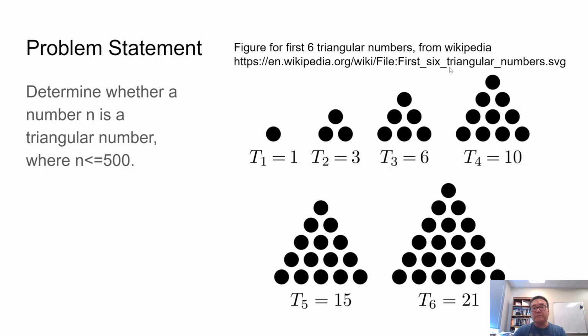If you are not familiar with a triangular number, you can Google that and find it out. This picture is taken from Wikipedia. It shows the first 6 triangular numbers, and it's fairly intuitive why these numbers are known as triangular numbers. I encourage you to pause the video, try to solve this problem, or at least think about how you would solve